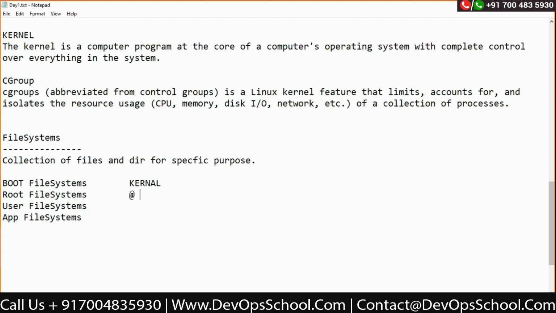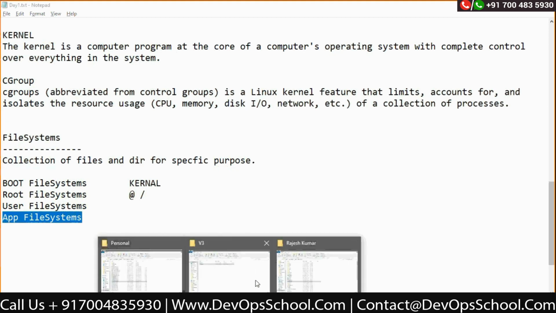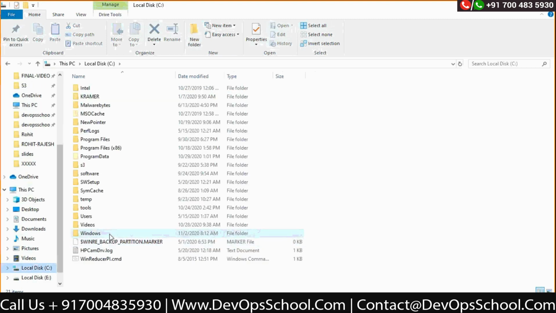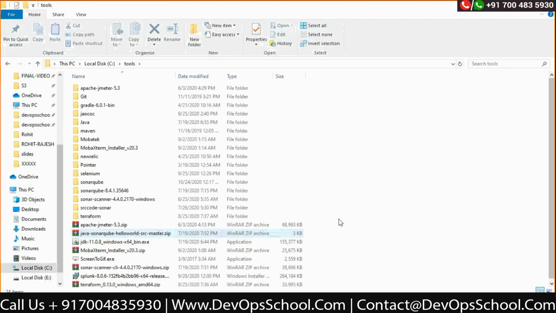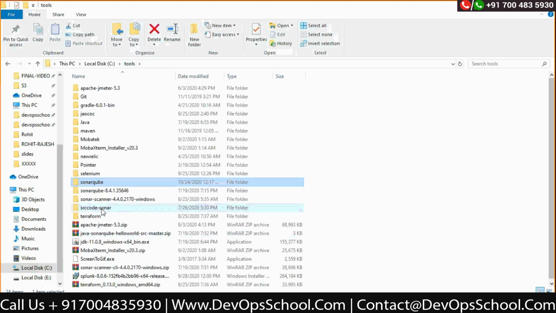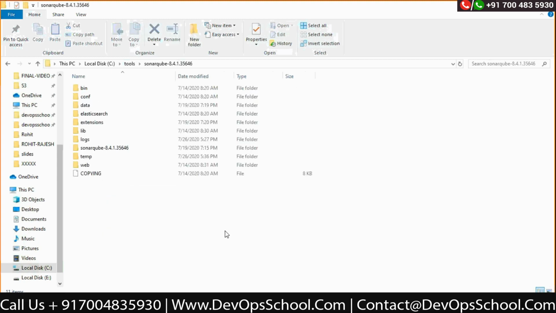Yes, sir. Now, the last file system is the application file system. I'll show you directly, so you'll understand this. Typically, every tool which I install in my Windows, I install in the tools location. In Linux, when I install my tools, I install in the OPT directory. That's my habit. Now you see there are so many applications I have installed. Let's say SonarQube is one application. Whatever you are seeing here, files and directories, this is the